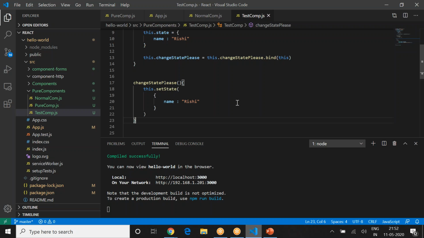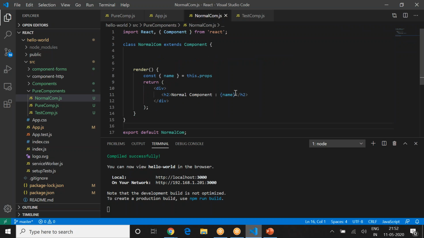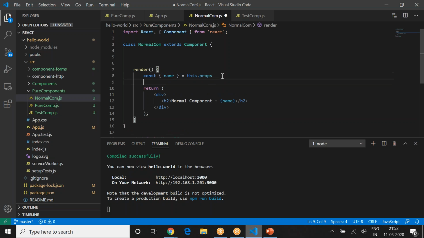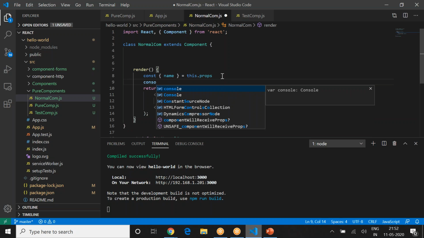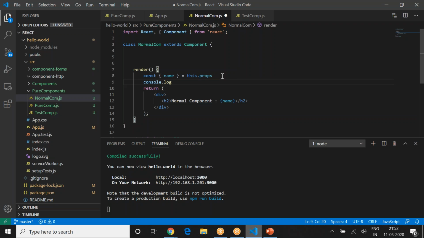Now what I want to do is add a console log here for when render actually executes. Okay, good with that? So console.log, and here I'll just say normal component, same thing.